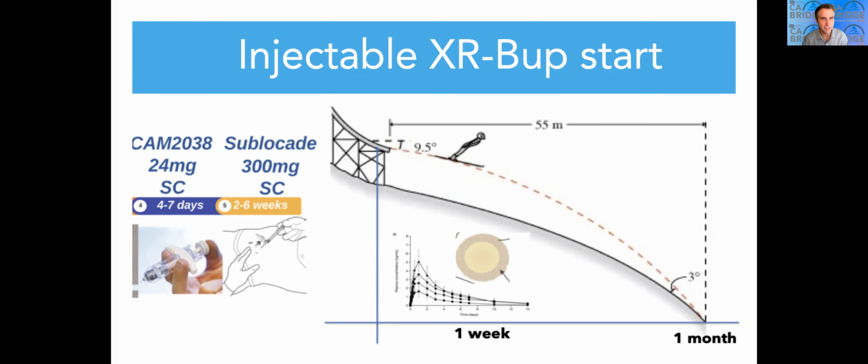Which you certainly can, no problem there. But basically with everyone who does this, eventually you get this chaotic pattern where people come in and they clearly do fine with buprenorphine, and they clearly have a high tolerance. And it just feels silly to do this 7-day lead-in, which you should do if someone's buprenorphine naive and you don't really know their tolerance. But if they're not, you can start them off with a Sublocade, no problem. If you're worried about it, start with 100 milligrams instead of 300.